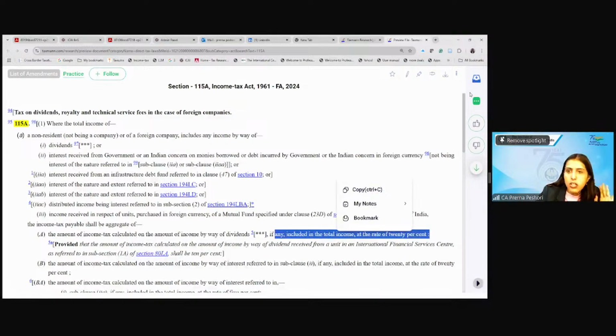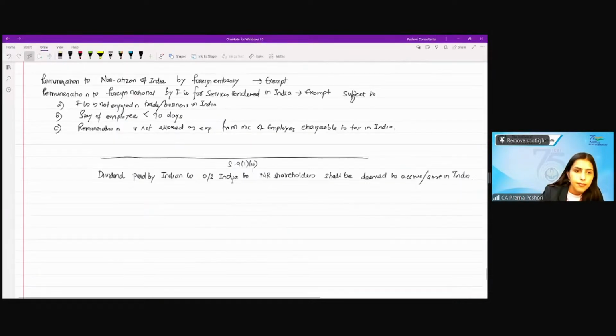Are we clear? So just write down. Tax rate 20% under section 115A. If paid by an IFSC unit,